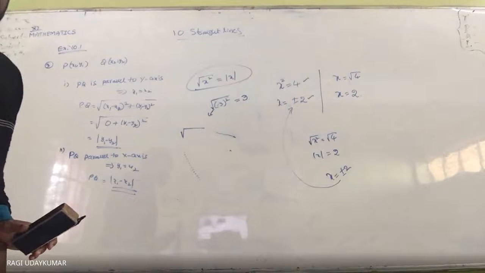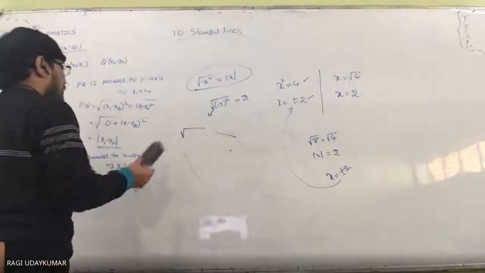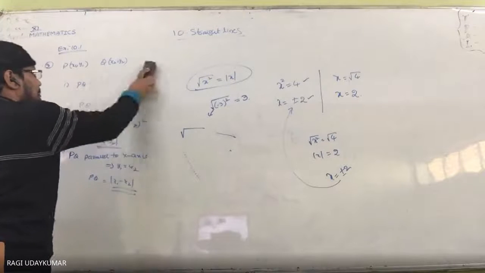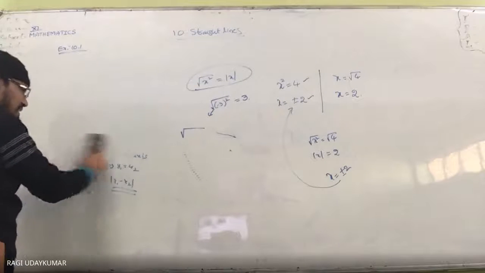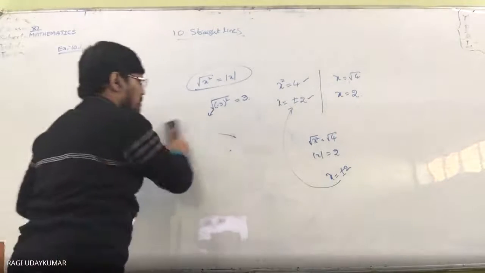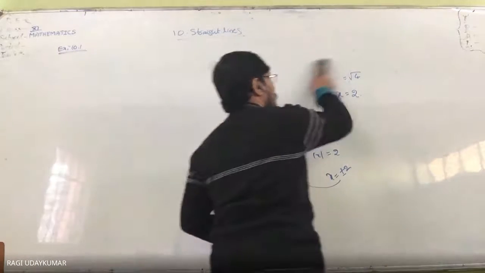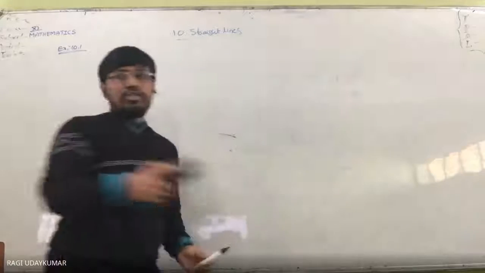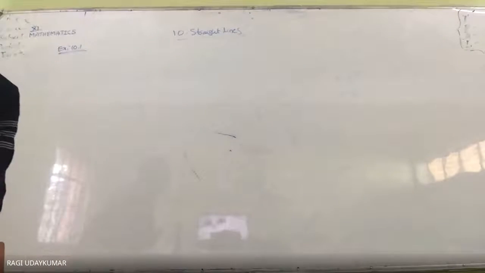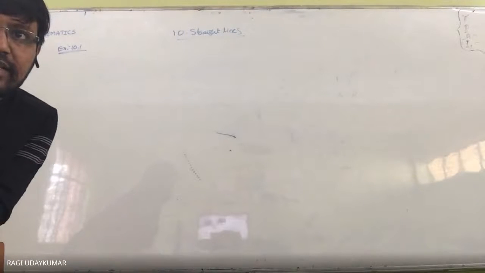Fifth question: find the slope of a line which passes through the origin and the midpoint of the line segment joining the points. So here the question is given to you: origin and a midpoint. You can find the midpoint, I think. And when 2 points are given, you can find the slope: y2 minus y1 by x2 minus x1. By using that, you can find the slope. That also is an easy question only. So let us move to the next, because it is better we discuss the more difficult types of questions.